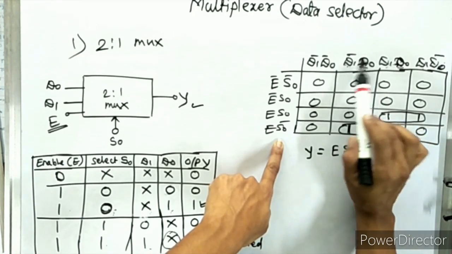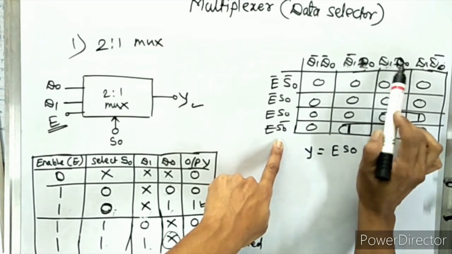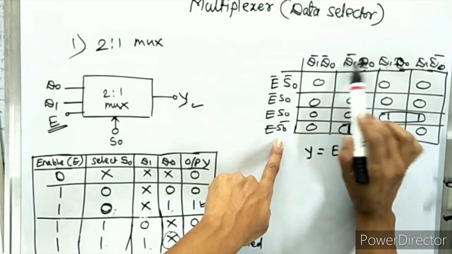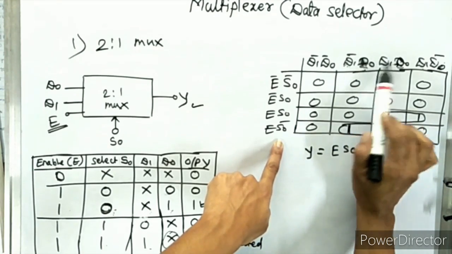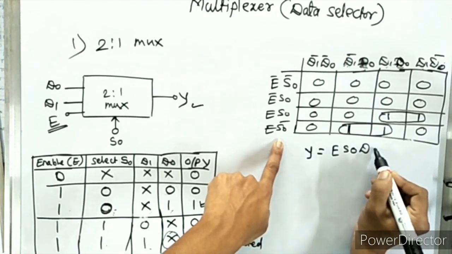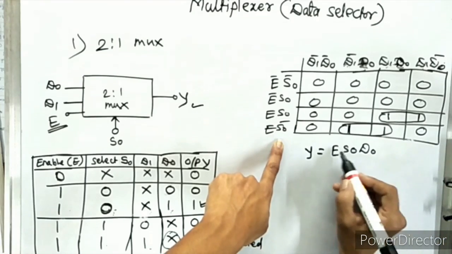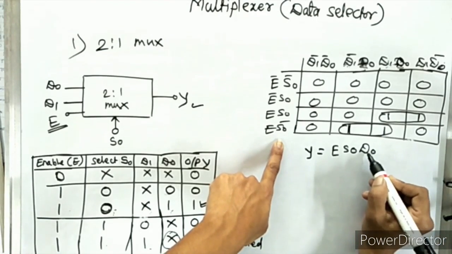So here D1 changes and D0 is constant. That means here D1 bar and here D1. So it changes from complement to uncomplement, and D0 is constant. To eliminate the changing variable and take the constant variable, we get the first term E S0